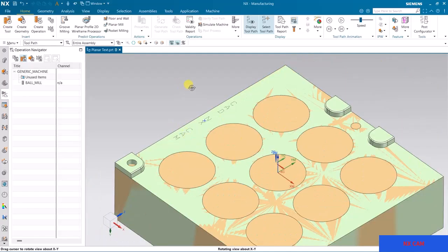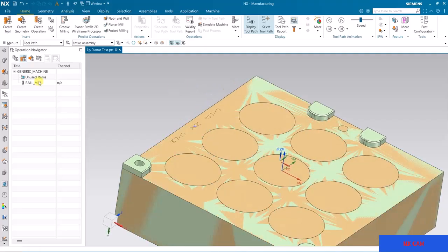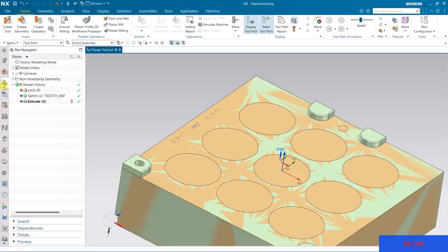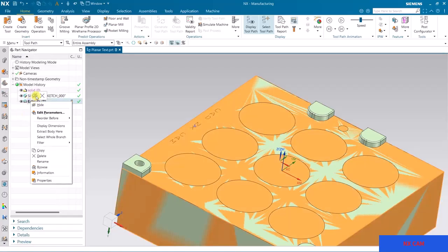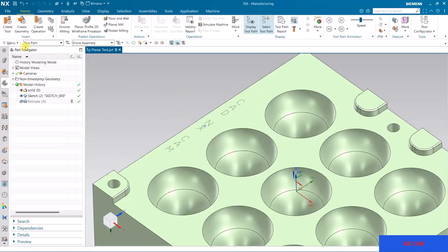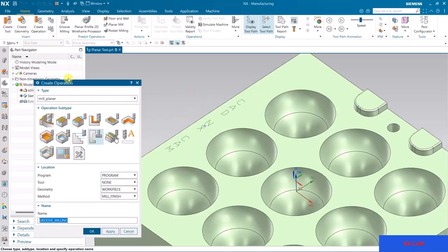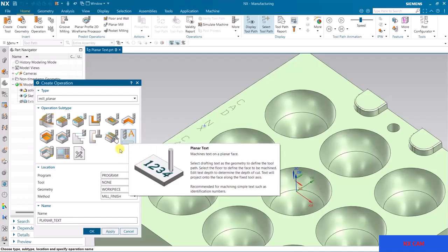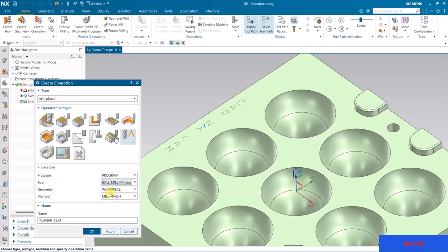So this is the text, and click here, path navigator, hide this blank. Okay, now come to operation and select the text, planar text operation, and the tool is this engraving tool. Okay,